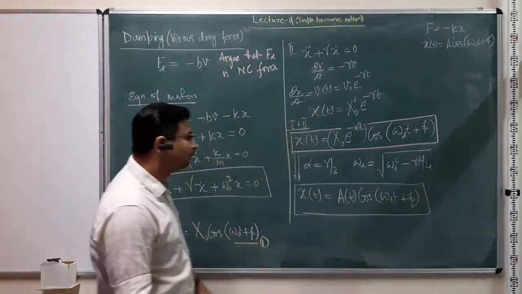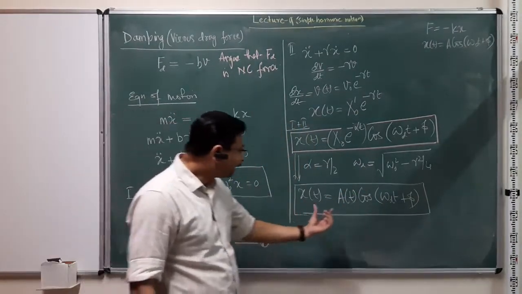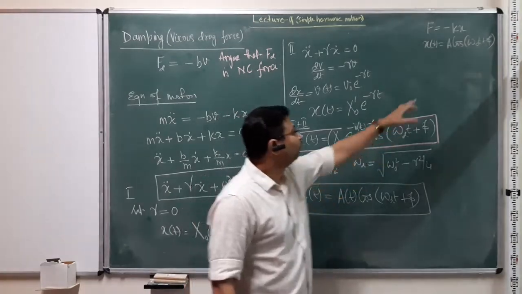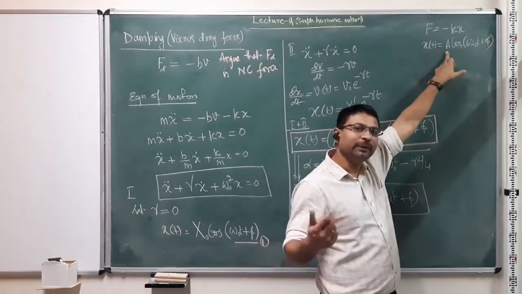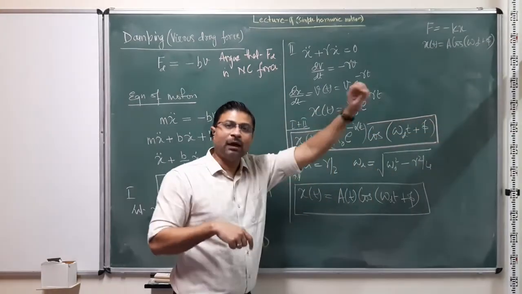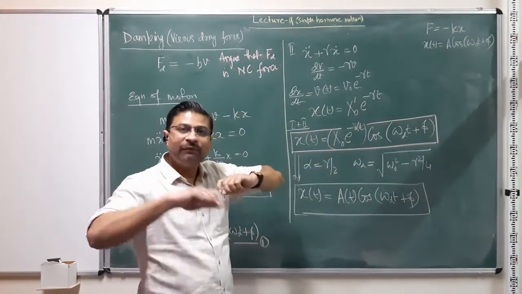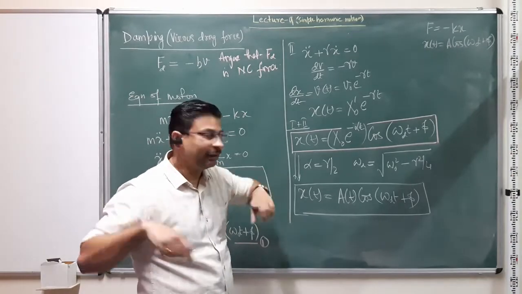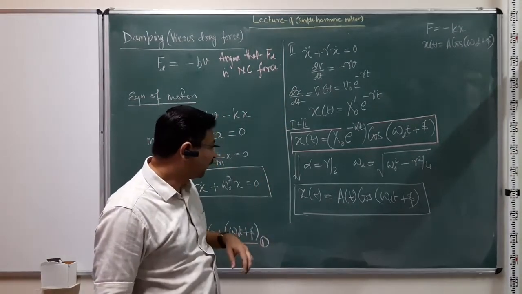It contains the effect of damping, and the amplitude, which are the constants here, we got from the initial conditions. We said that it started with one maximum amplitude, and the system will keep on oscillating between these two extremes, right? And we also showed that in terms of an energy diagram.